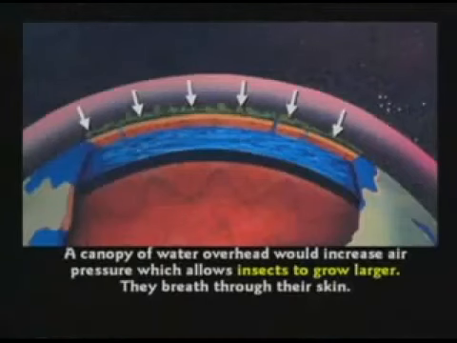Pre-flood, things were different. I think there was a canopy of water that increased air pressure, which would make animals grow much larger. The Bible says the water above the atmosphere, it's mentioned several times in the Bible. Now, if the Bible is right, and the earth had a canopy of water overhead, like the Bible, I think, clearly teaches in 2 Peter 3 and in Genesis 1, 6, and 7, this canopy of water would filter out quite a bit of radiation,